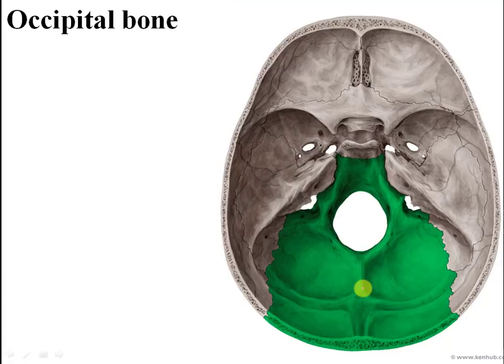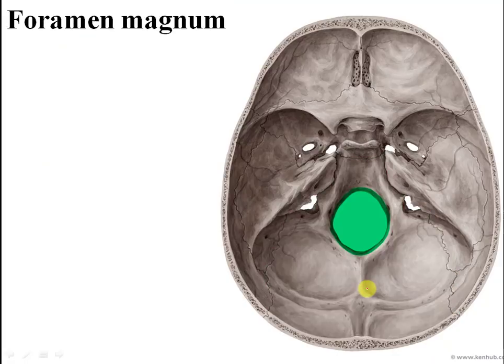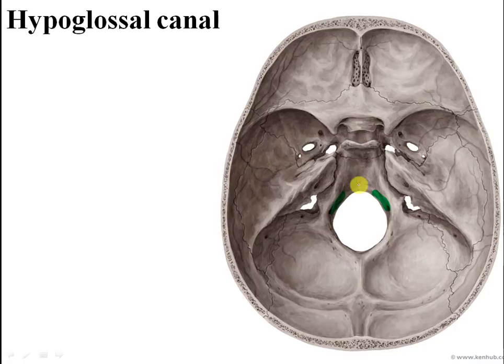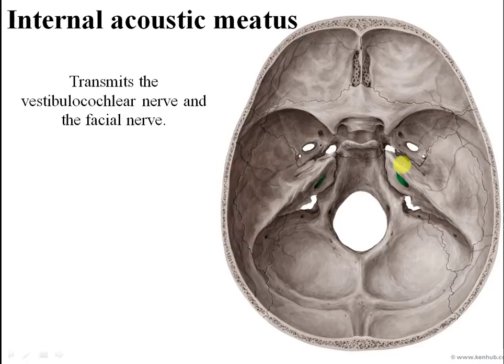Again, this is the outline of the occipital bone, foramen magnum. This area, the slope, which is formed partially by the body of sphenoid and partially by the occipital bone, is called clivus. At the sides of the foramen magnum, we have two foramina for the passage of hypoglossal nerve, hypoglossal foramina or canals. On the posterior surface of petrous bone, we have the internal acoustic meatus,